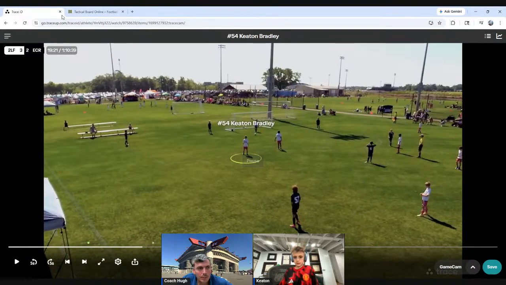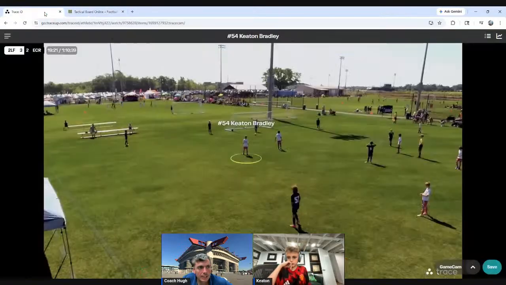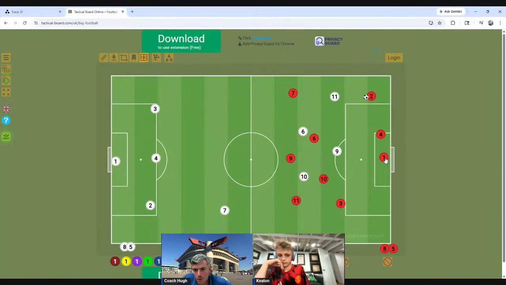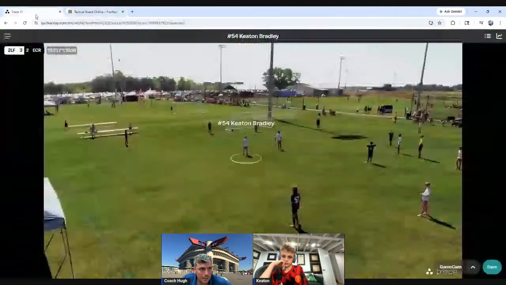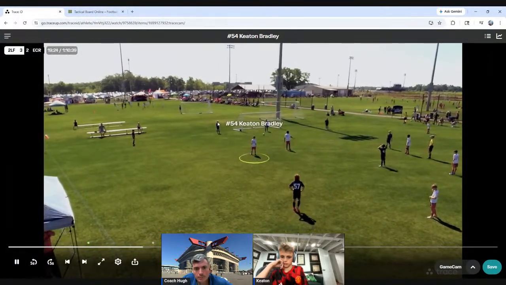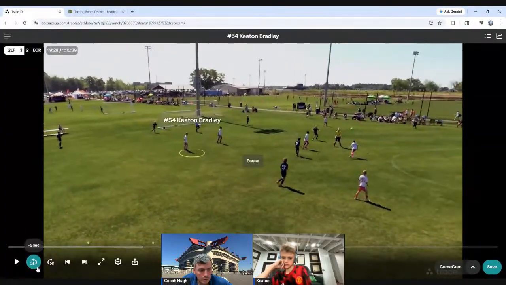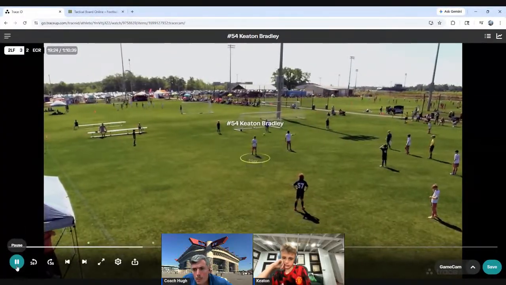Oh, and these guys are playing kind of wild. They have the 4 taking the kick. Or I guess that's the goalkeeper taking the kick. Let's see what happens. All right, ball played. Yeah, so goalkeeper, this is who Josh should cover. This is who you should cover. And they go long, of course.